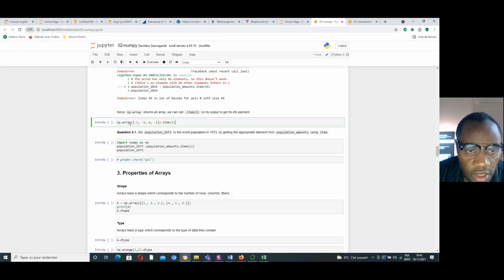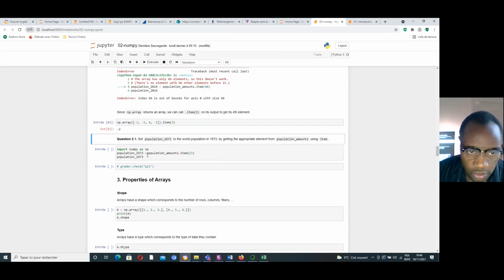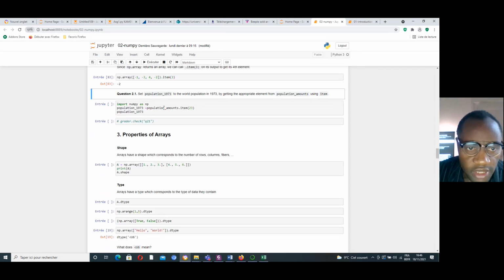Here is this list. Here's the first, the second, the third. If I want to print item 3, this is 0, 1, 2, 3. Normally I am expected to get -2. Let us execute it. Okay, great.